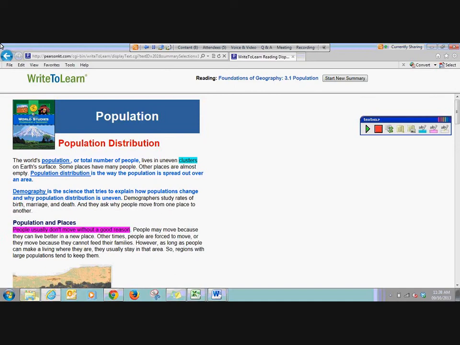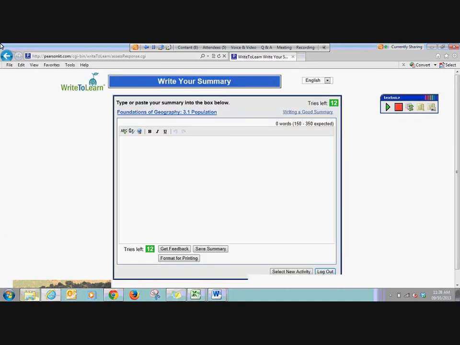And then Matt's going to click the Start New Summary button. And I have to say, while he's doing that, this is really one of the golden nuggets within WriteToLearn. There was a time when we saw students writing six times the number